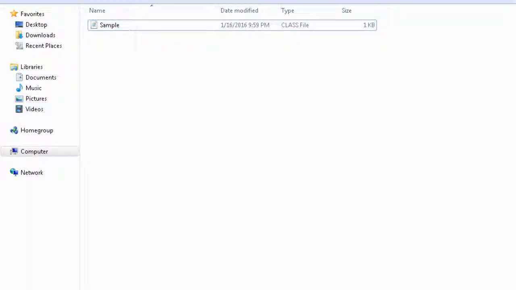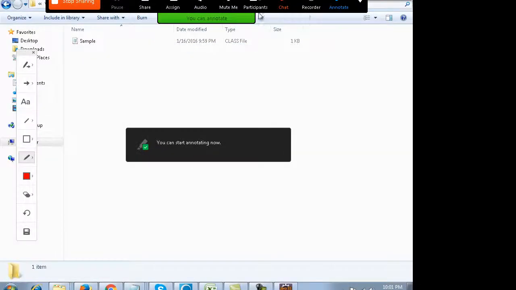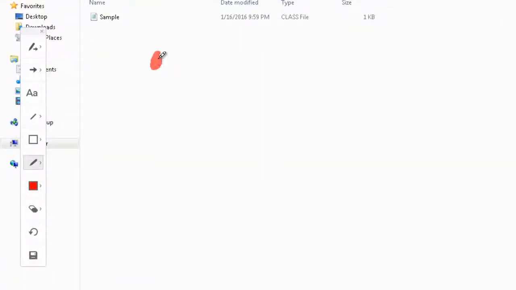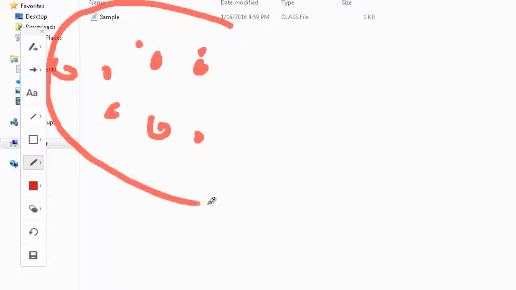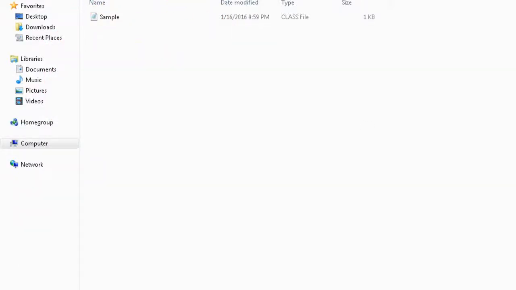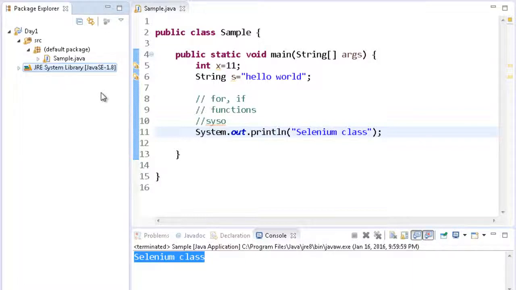In a practical project there can be many class files, not just one. What developers do is put all the class files into a single file known as a jar file and do the deployment. For example, if you look at Eclipse, this is the JRE system library.